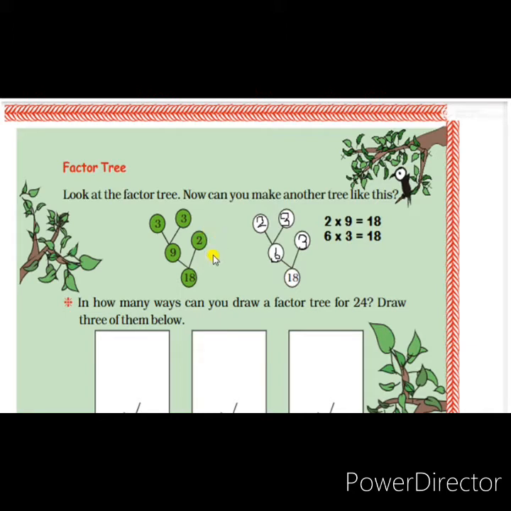The method is, first, write the number as the product of pairs of factors. Here 18 we wrote first as 9 2s, so 9 2s are 18. First we have to write the number as the product of two numbers. And after that, a prime number we have to leave the same way.